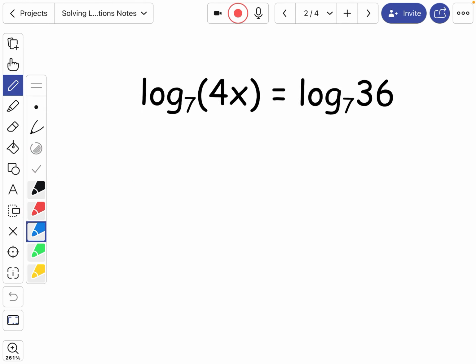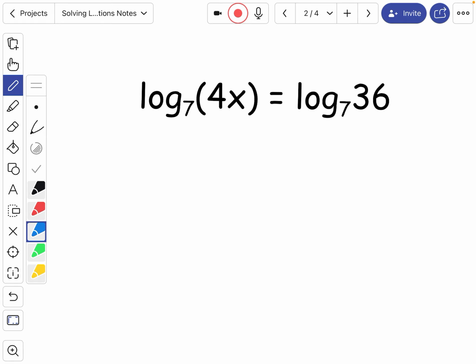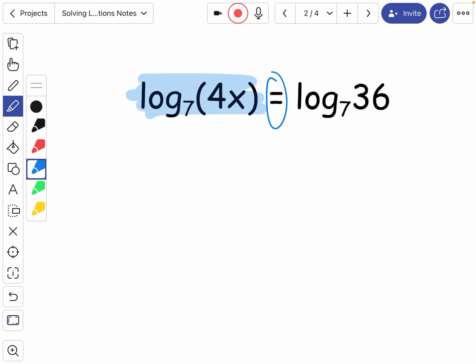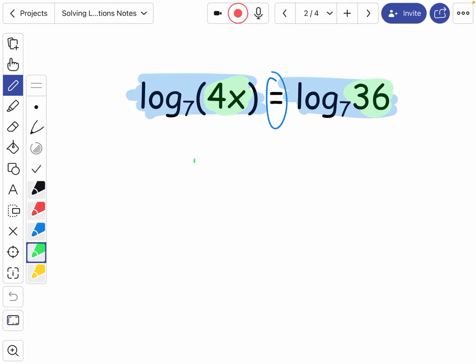Next one. This one is quite a bit different than the previous one. Here we have a log equation. That was an exponential equation. And on this one, we have log base 7 of 4x equals log base 7 of 36. So this is one where you really don't even have to know how logarithms work to be able to figure this one out. All you have to know is what this equal sign means. And the equal sign means that everything on the left has to be the same as everything on the right. So if this side is log base 7 of 4x, then the one over here also has to be log base 7 of 4x. But it's log base 7 of 36, so that means that 4x is going to equal 36. So if I solve this, it would be 4x equals 36, divide by 4, and we get x equals